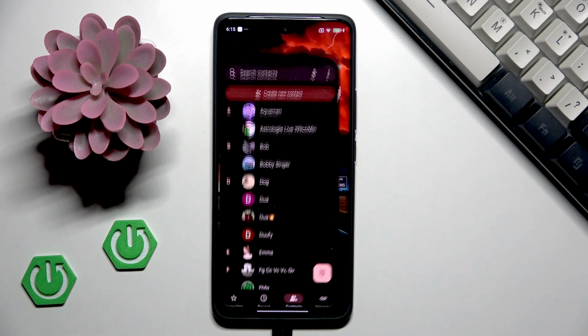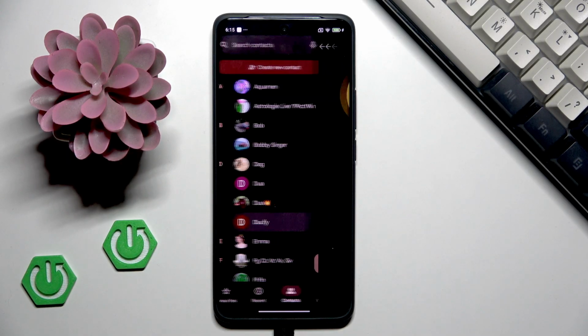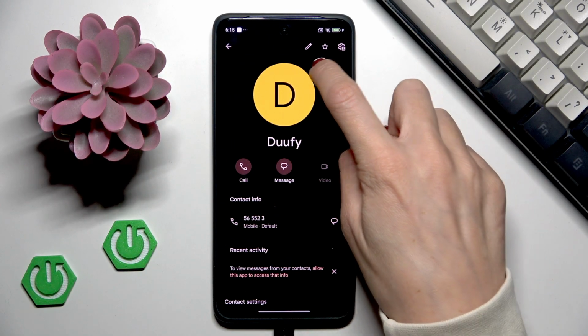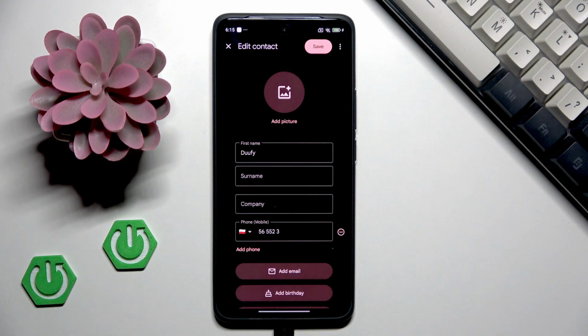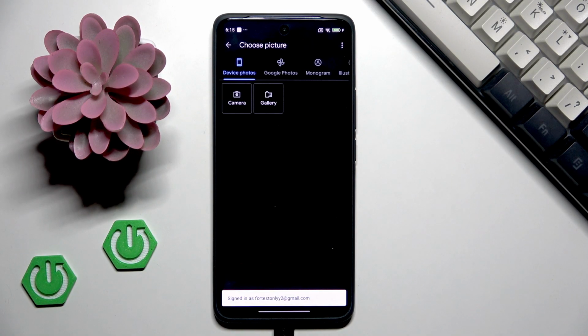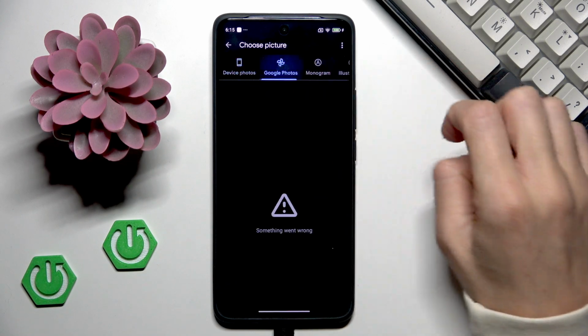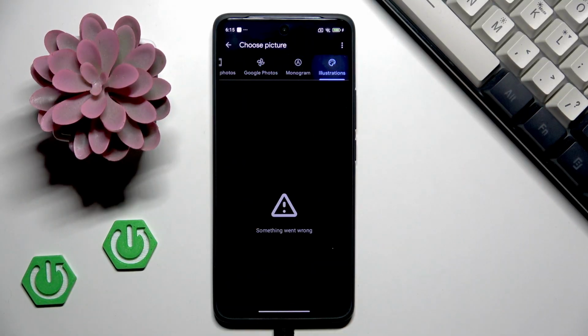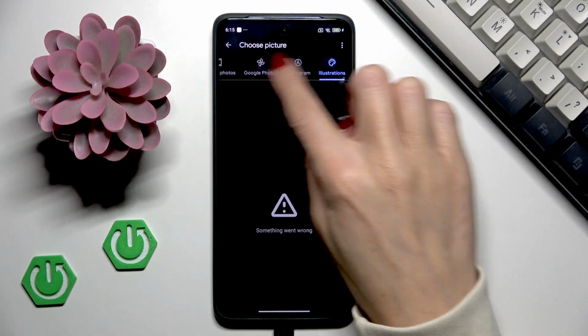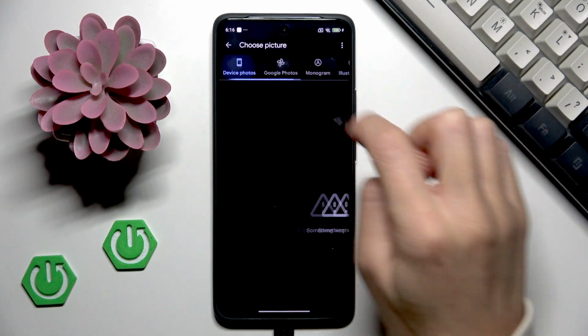So at first, open your phone gallery, then choose the contact that you want to personalize, mark the edit icon, and now select add a picture. And now just pick something either from your gallery or from Google Photos. You can create a monogram, you can add some illustration. There's some issue here, but let me pick one